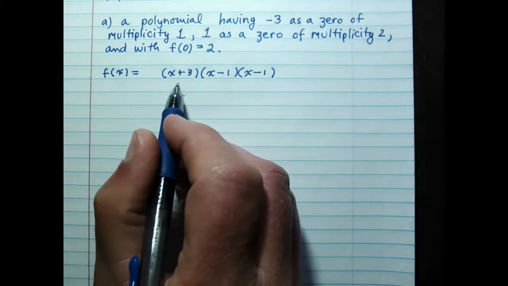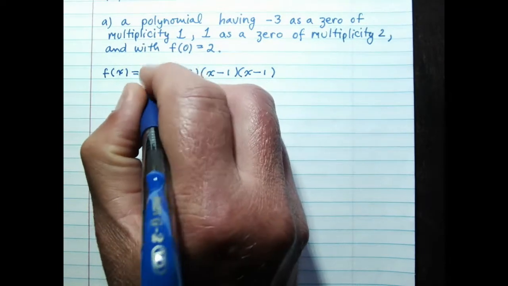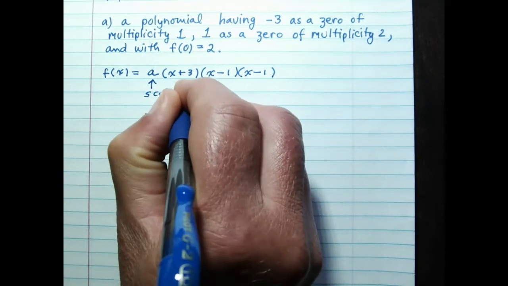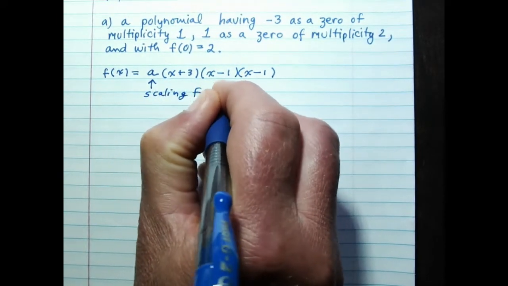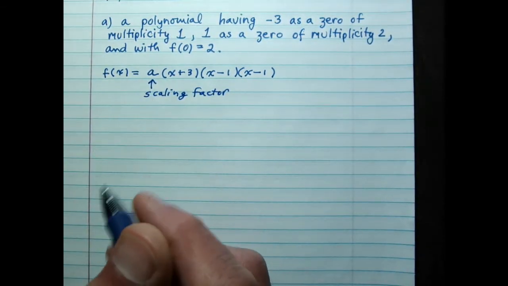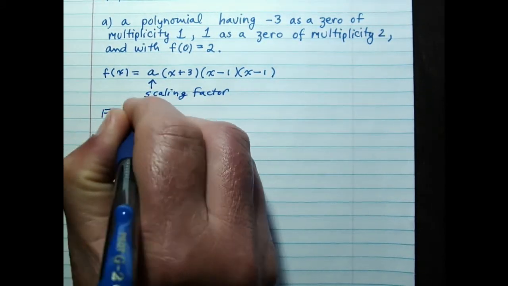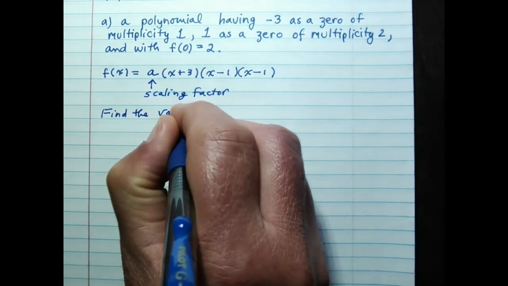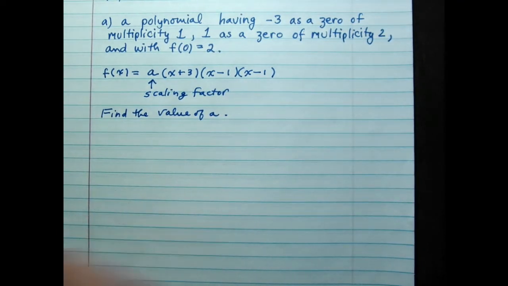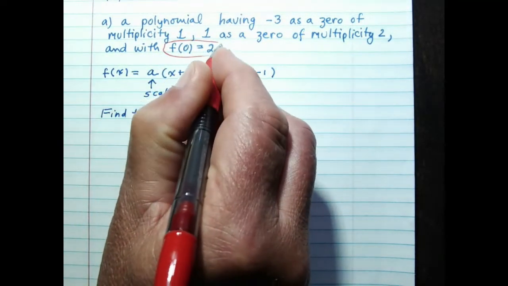Now we don't want to add additional factors. What we can do here is we can add a scaling factor without changing the 0 information. So we can multiply by some constant. We have to find the value of a that works for this function f. And the way I'm going to do that is, what's going to help me figure out what a is this f of